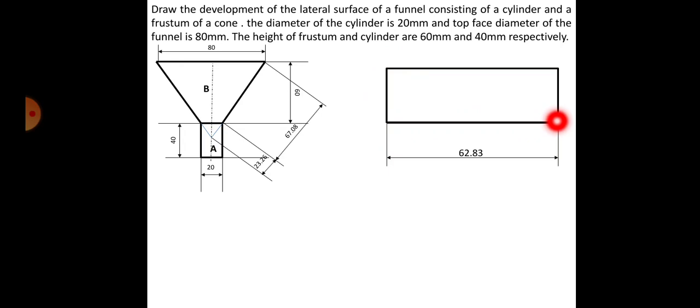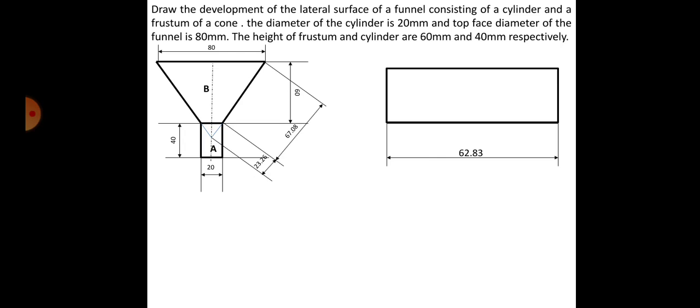It's very simple. I think most of you would have answered it now. You already know what it is. But even then, let me just see, out of the whole class, how many of you actually know how to get this particular length? How is it 62.83? Okay, so this height is 40, no doubt about that. So this is total and this is 40. Directly we will draw. You will get the development of the cylinder, isn't it?